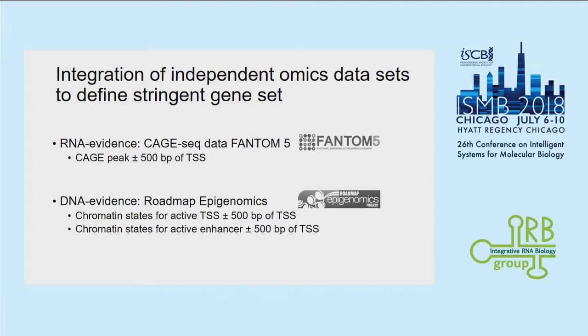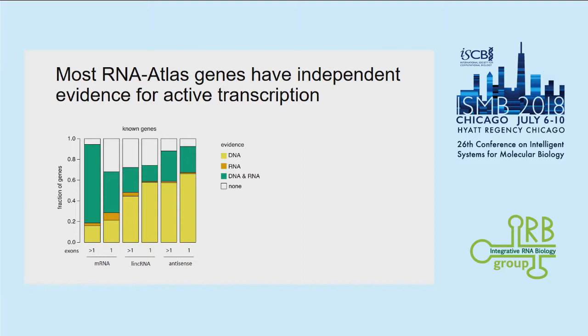And we consider a peak as evidence if it is within 500 nucleotides from our transcription start site. And this is how it looks for known genes. Here I show, for each RNA biotype, further split into monoexonic and multi-exonic, the fractions of genes with evidence. In yellow I show the genes that have DNA evidence only. In orange I show the fractions that have RNA evidence only, and in green the fraction that have both DNA